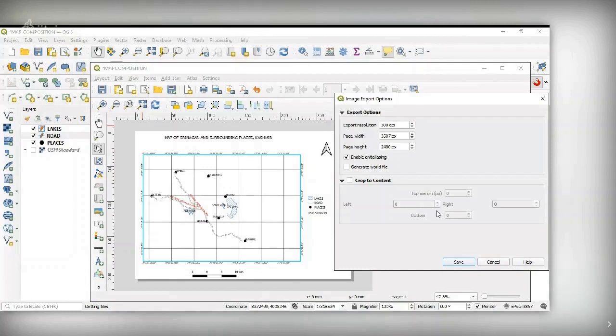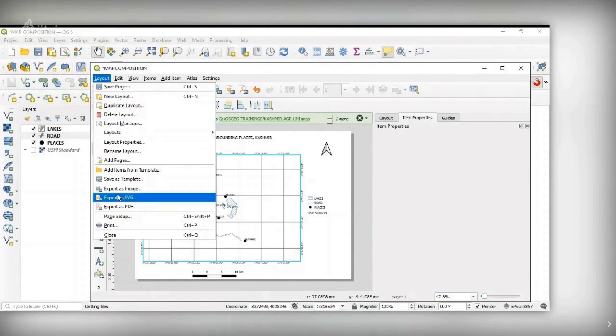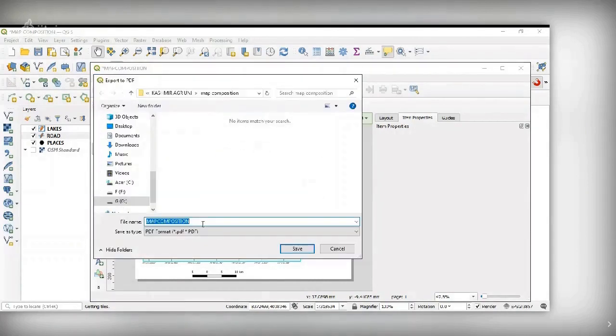So once this is ready, suppose you want to incorporate this in your project report or your thesis or your research paper. So what you need is either an image file in the form of TIFF or JPEG or BMP, whatever it is, or a PDF file.